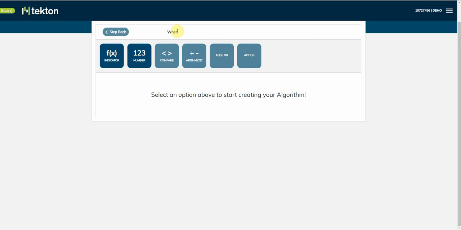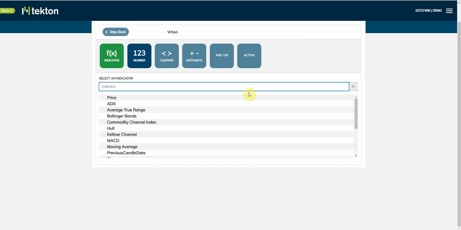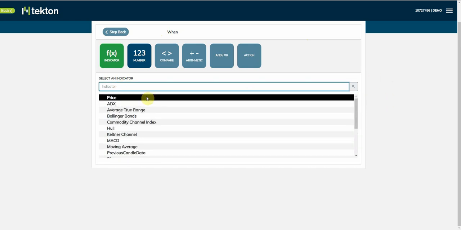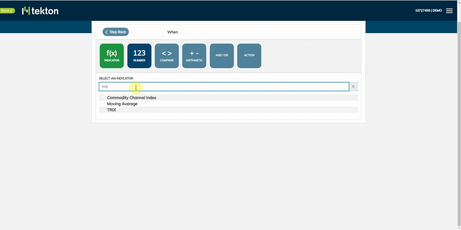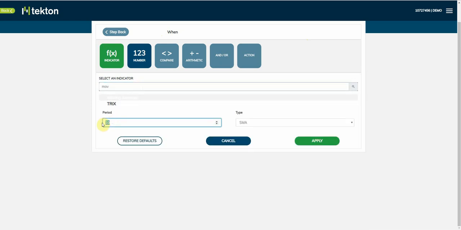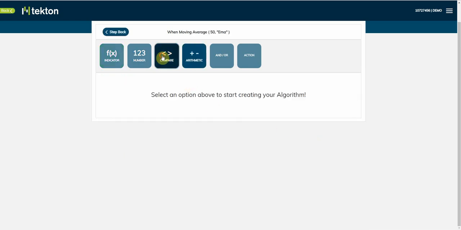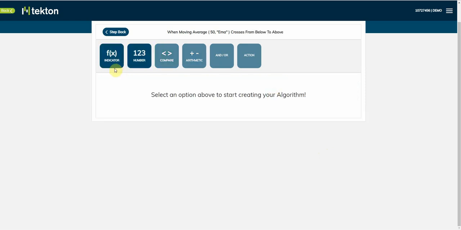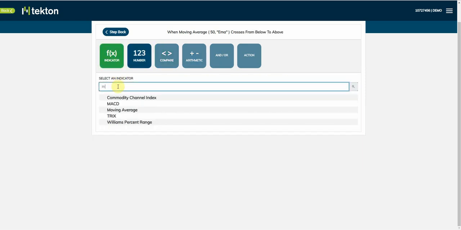And we've already got the word "when" pre-populated. So I'm going to write a simple moving average cross. So, when moving average, notice we've now got a whole list of indicators that we can use, with an ever-increasing library of them. When moving average, it will type it and it will just come up for you. When a moving average 50, EMA, apply. Compare will give you the control function. So crosses above the 200 moving average,